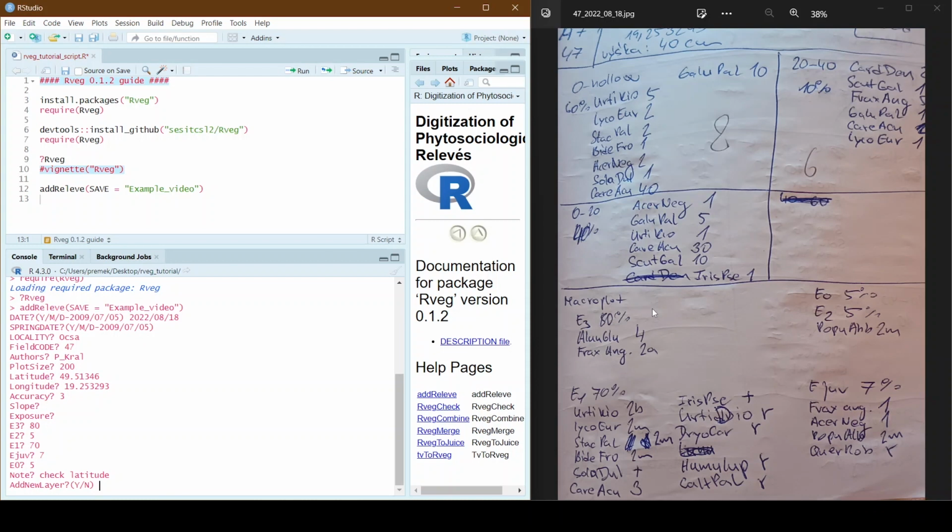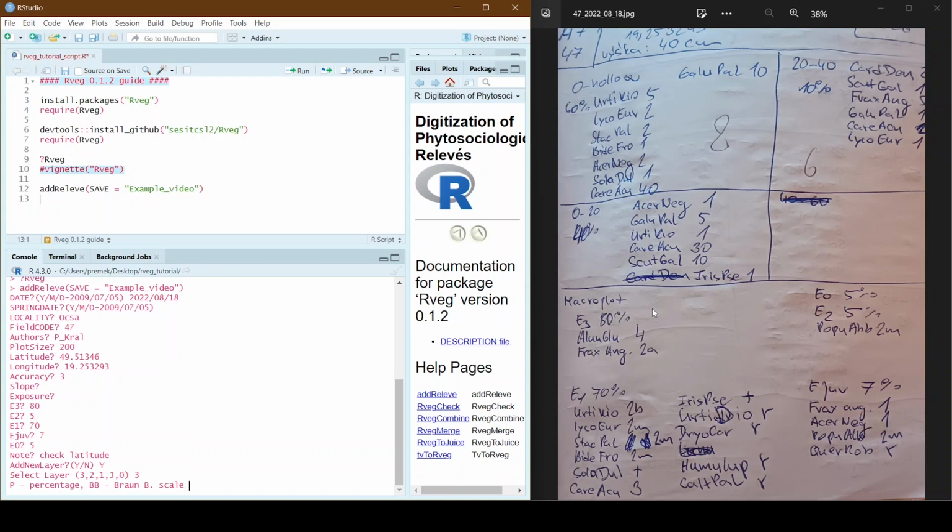It's like having a dialogue with the program. It's asking me to add a new layer. I'm saying yes. Let's start with the tree layer, writing 3. My notes are in Braun-Blanquet scale, but you can also insert the values in percentage.